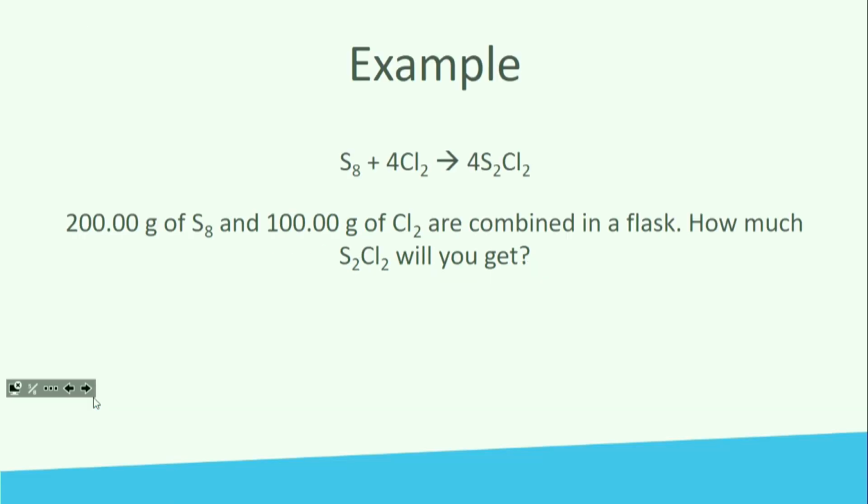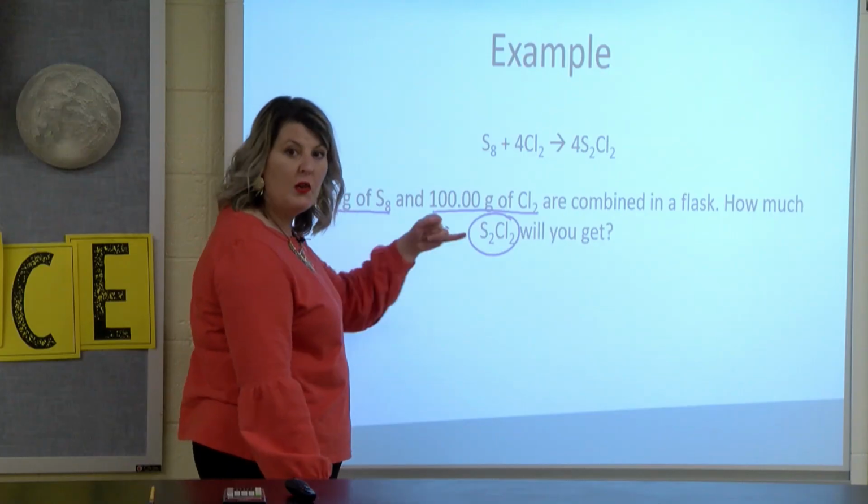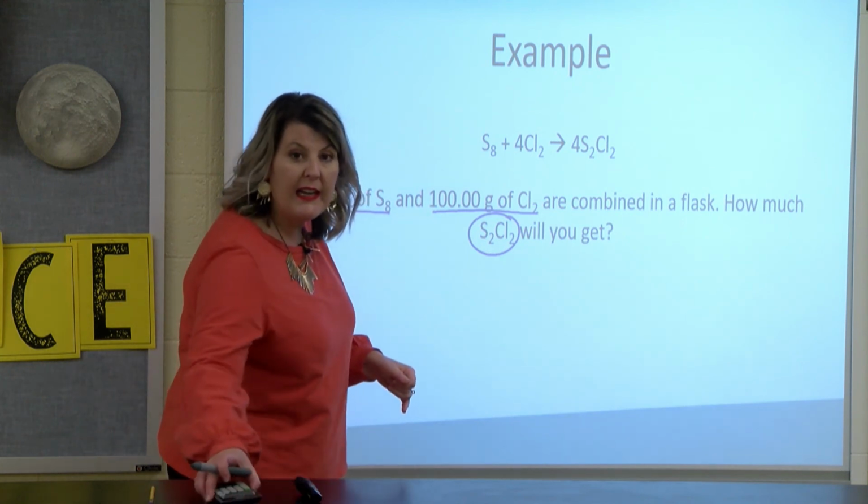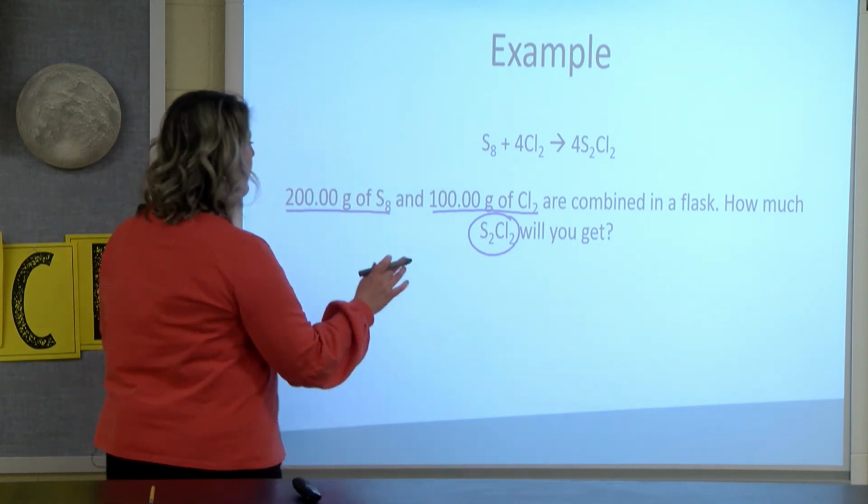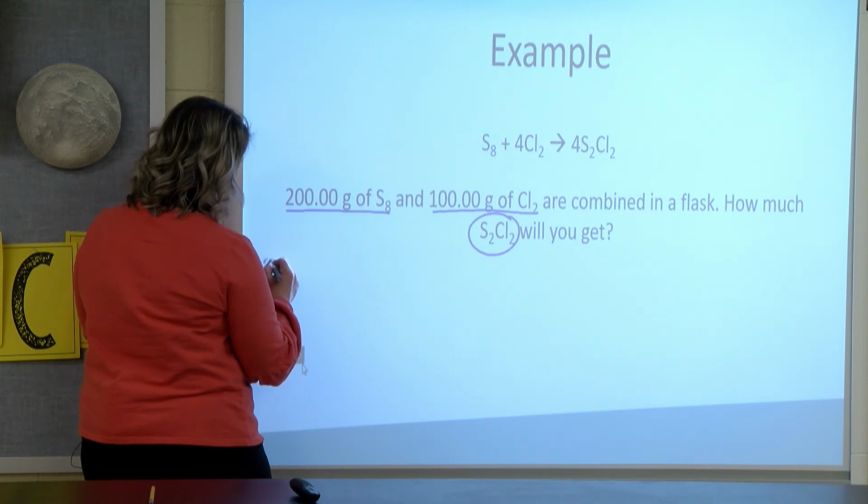Okay? So let's try one of these. I have the balanced reaction, S8 plus 4Cl2 goes to give 4S2Cl2. You combine 200 grams of S8 and 100 grams of Cl2, and you want to know how much S2Cl2 you're going to get. So the step said, you start with a given and you work your stoichiometry problem. So get your handy dandy calculator and get your periodic table, because we're going to start with our given, which is